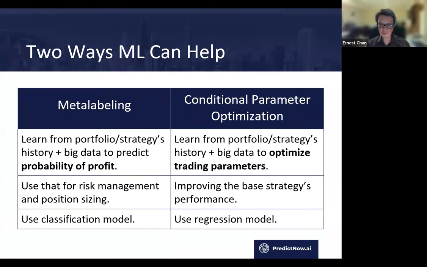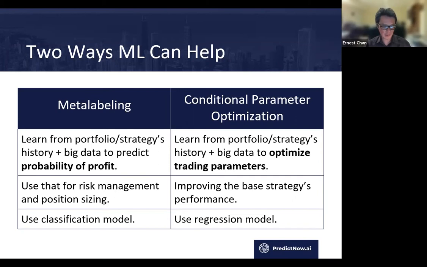Now, clearly, when we talk about trading parameters, we are thinking about a quantitative strategy, an algorithmic strategy. Meta-labeling can easily be applied to discretionary trading, whereas with conditional parameter optimization, we are typically dealing with an algorithmic strategy, where you have clearly defined parameters for entering or exiting trades, and also clearly defined backtests where you can find out how the track record would look under different sets of parameters,